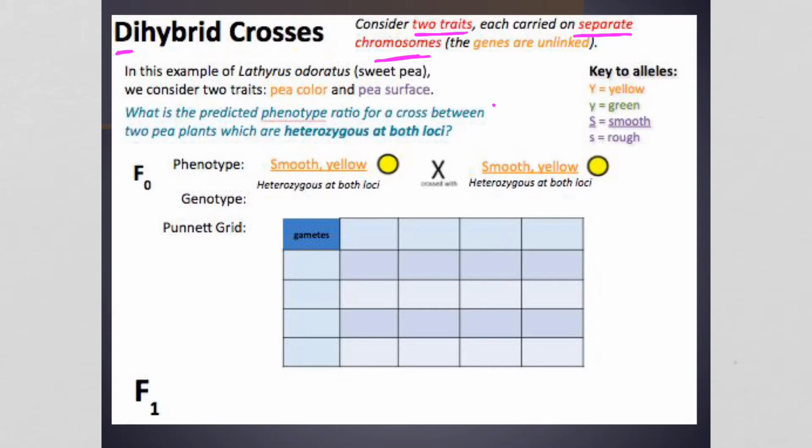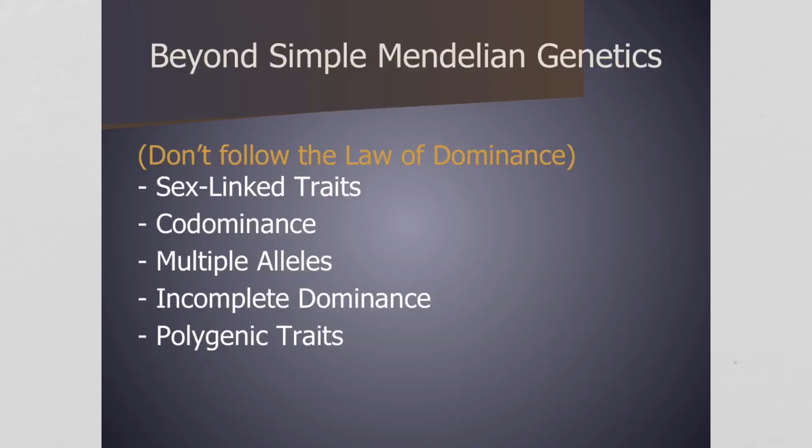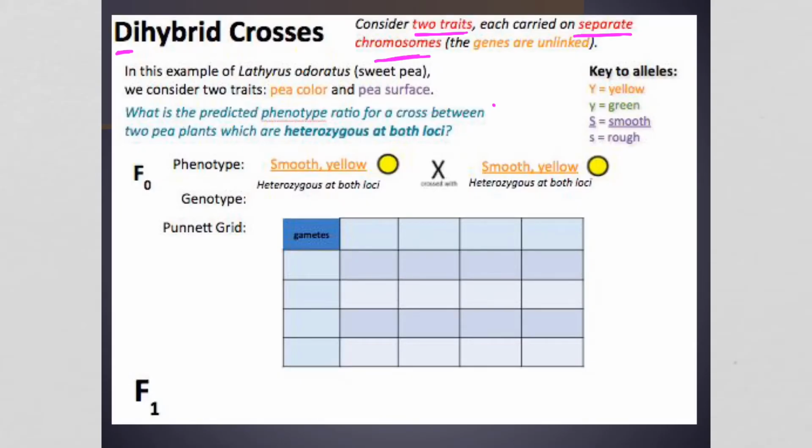Di for two. So in this example, I'll just say sweet pea, we consider two traits, pea color and pea surface. So you're going to look both at whether it's got a rough, or I've also heard it called wrinkly, or smooth exterior, and whether the color is yellow or green. And the question is, what is the predicted phenotype ratio for a cross between two pea plants which are heterozygous at both loci? So if it's heterozygous at both loci, then you know the genotype for smooth heterozygous is going to be like this, and yellow